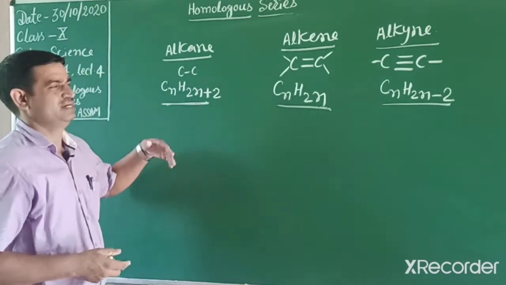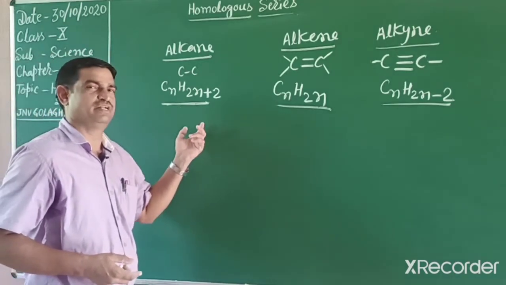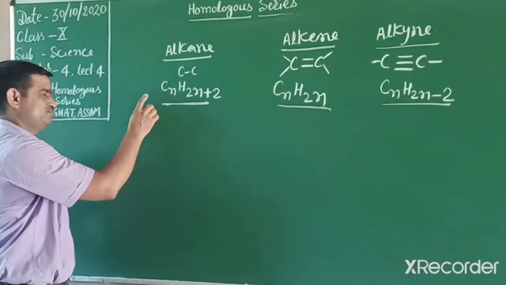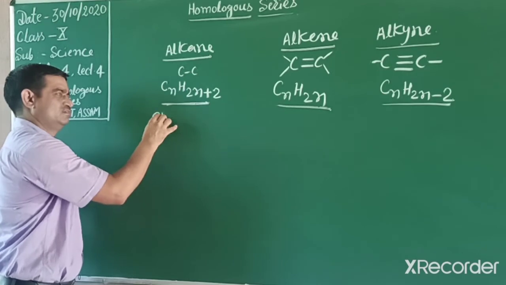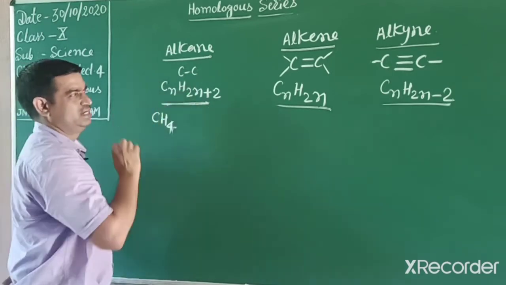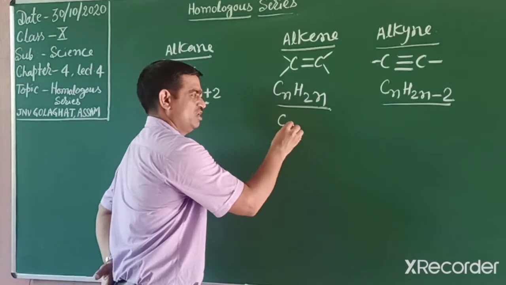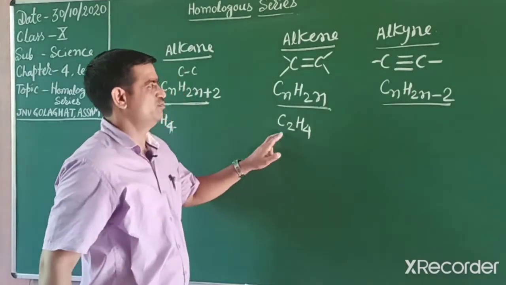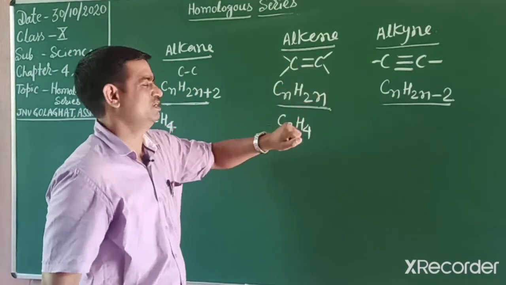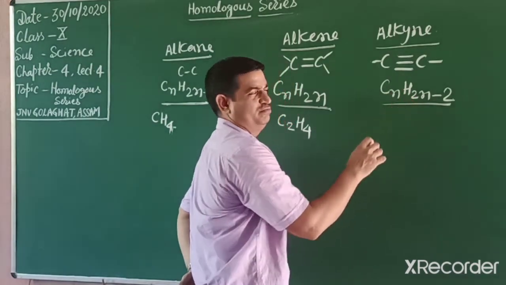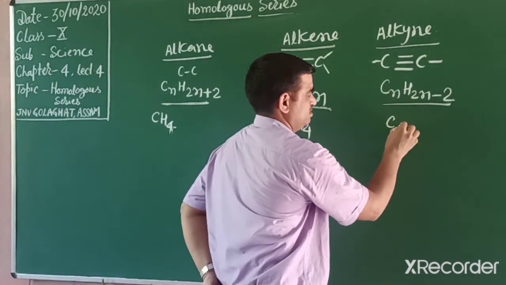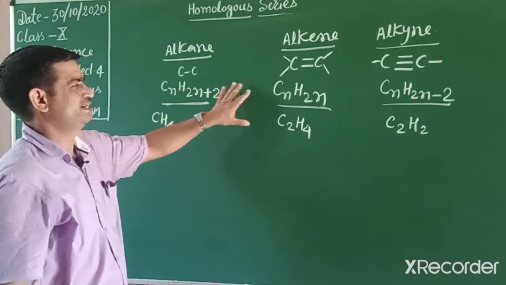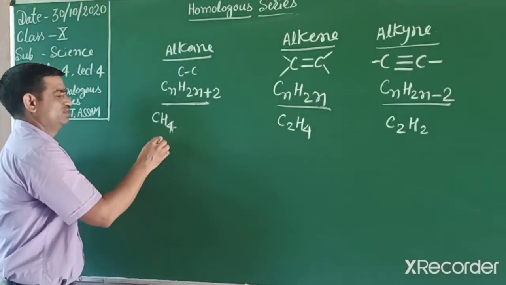Students, if in your exam a question comes, identify the following hydrocarbon, which type, saturated or unsaturated, alkene or alkyne, and then find what is the first member and then the second or next member. So alkane starts from the first member with 1 carbon, from methane. Alkene's first member starts from 2 carbon, C2H4, from ethene. Why? For making a double bond, at least 2 carbon are required, and the triple bond also starts from 2 carbon, then its formula is C2H2.